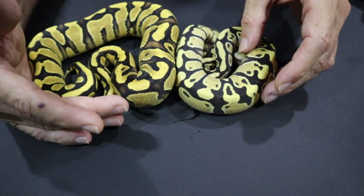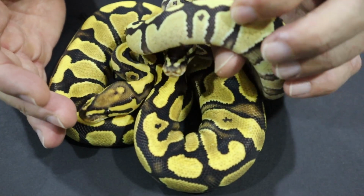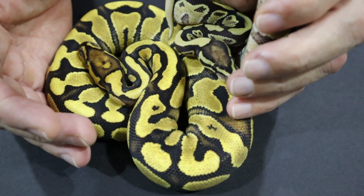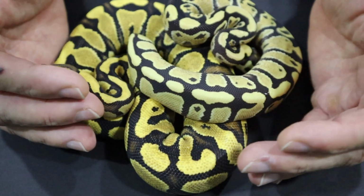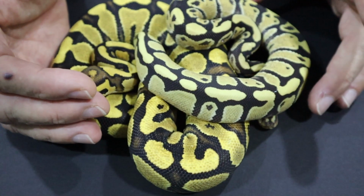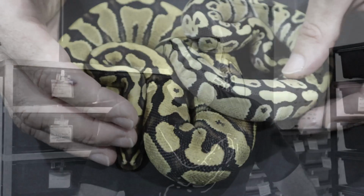So that's just a comparison. You can see the similarity in the head stamps, the typical yellow belly head stamps on both of these. So that is the yellow belly het for clown and the yellow belly in Desert Ghost. And we'll take a look at a sub-adult that's currently in my collection, originally from the scales